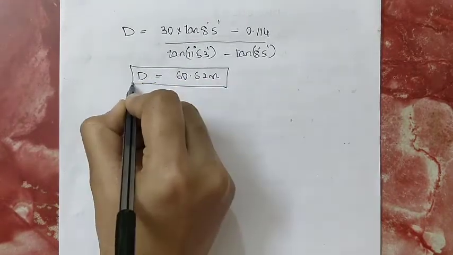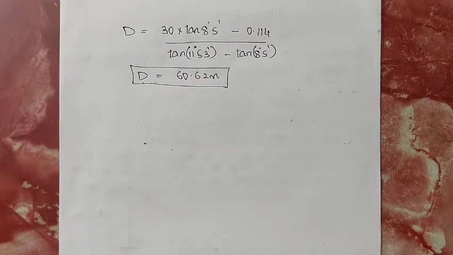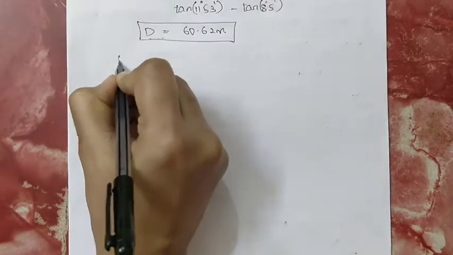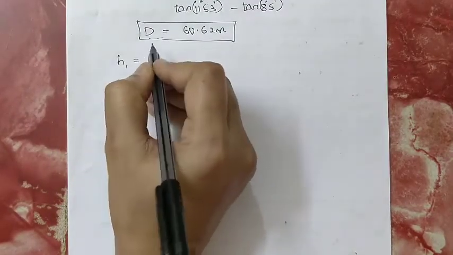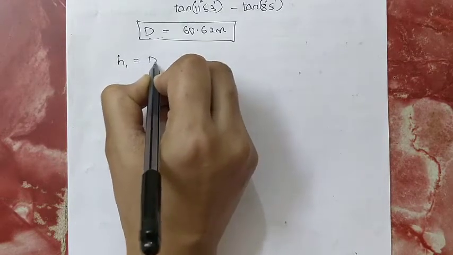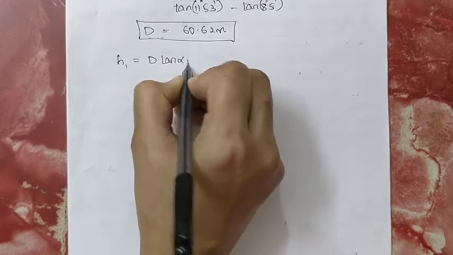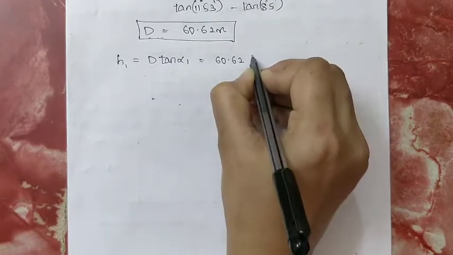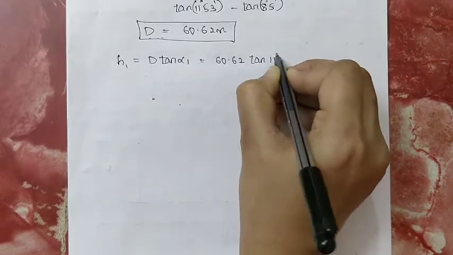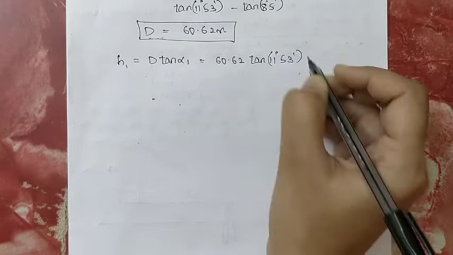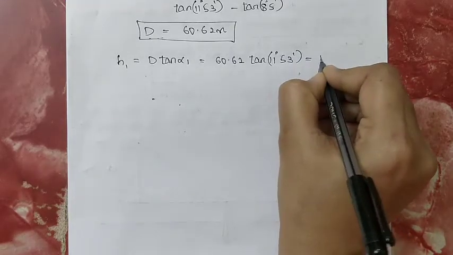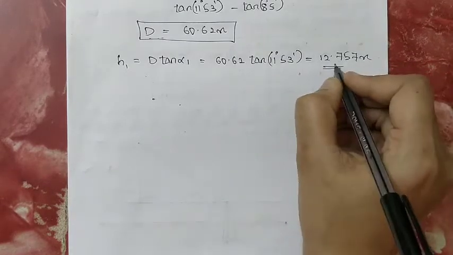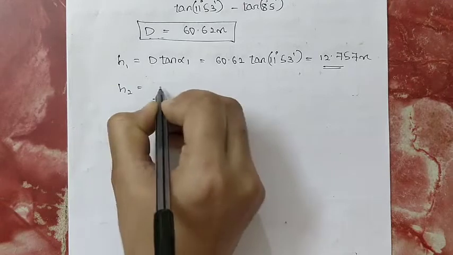Once you have calculated the D value, you should calculate the elevation of Q. In order to calculate that elevation, you need H1 and H2. H1, applying the trigonometric function, will be equal to D into tan alpha 1. Substitute D value, 60.62, into tan of alpha 1, 11 degrees 53 minutes, and H1 you will get as 12.757 meter. Then calculate similarly H2, which will be equal to